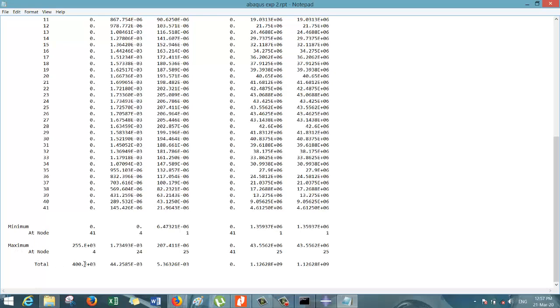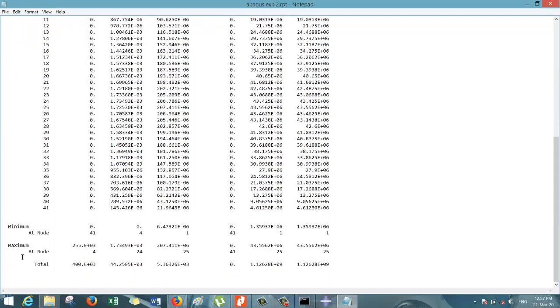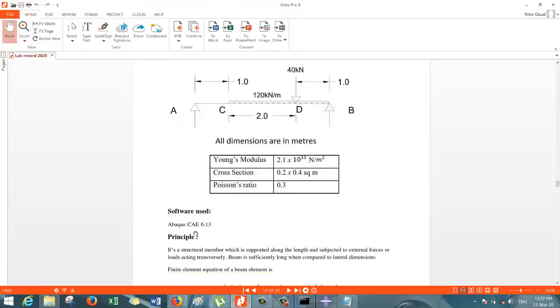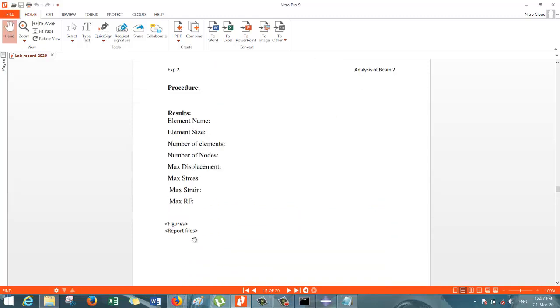The maximum values of reaction force magnitude, strain and stress are displayed at this particular line. Maximum at node, this is the total value, this is the maximum value, and this is the minimum value. Okay, all these things have to be marked respectively over here. Hope you understood this experiment well. Thank you.